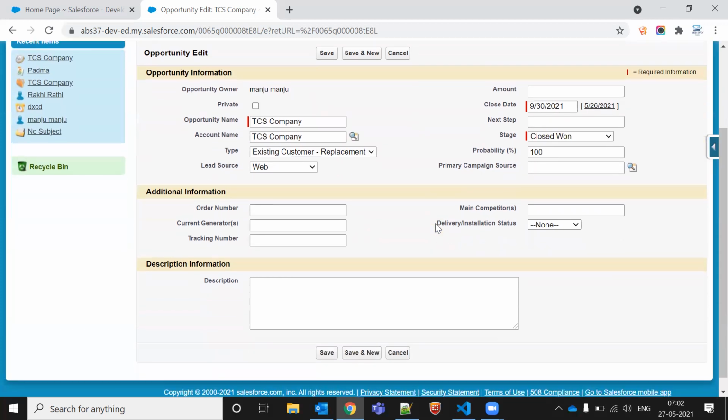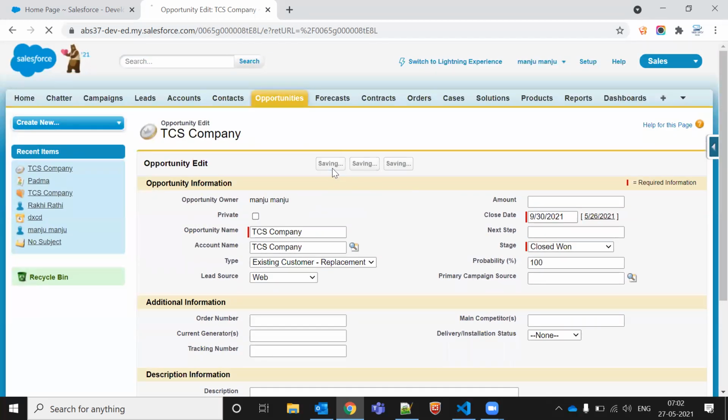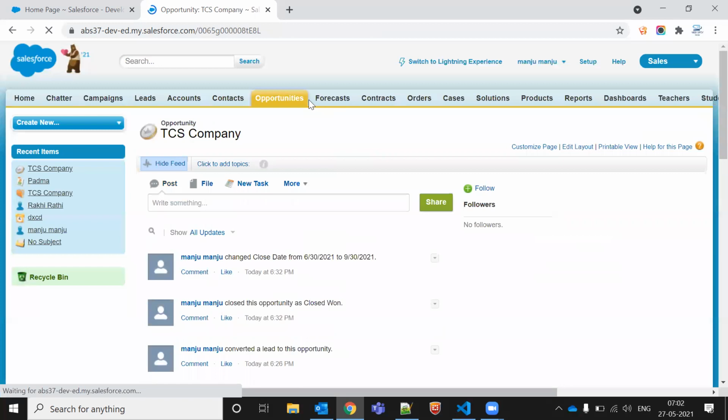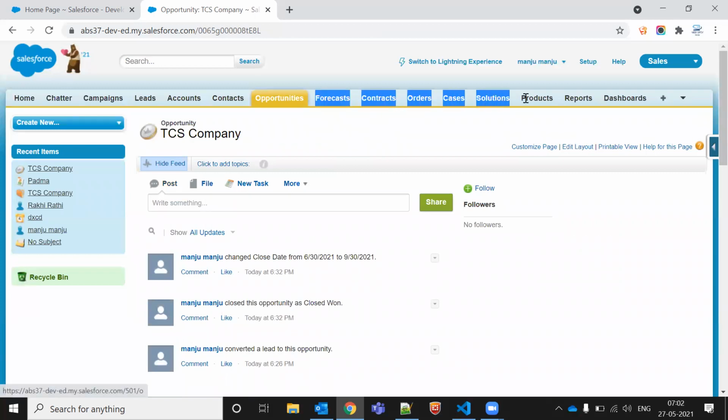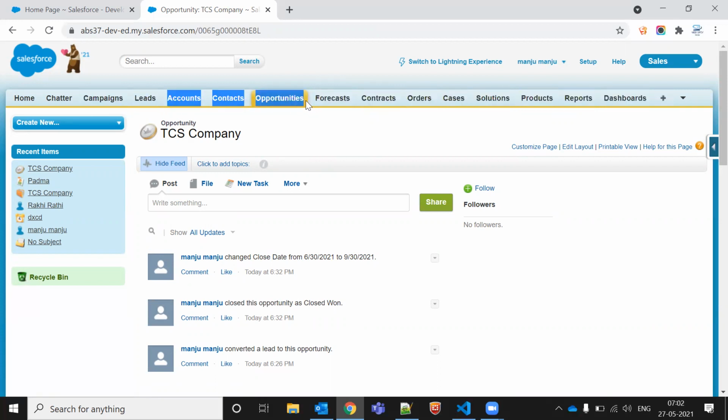Okay. So that is the flow. And apart from the forecast and all these things, we'll discuss later. So that is very important. You will always work in the account, lead and campaign. You might skip them in a few companies, but account, contact, opportunity is also something you can skip.